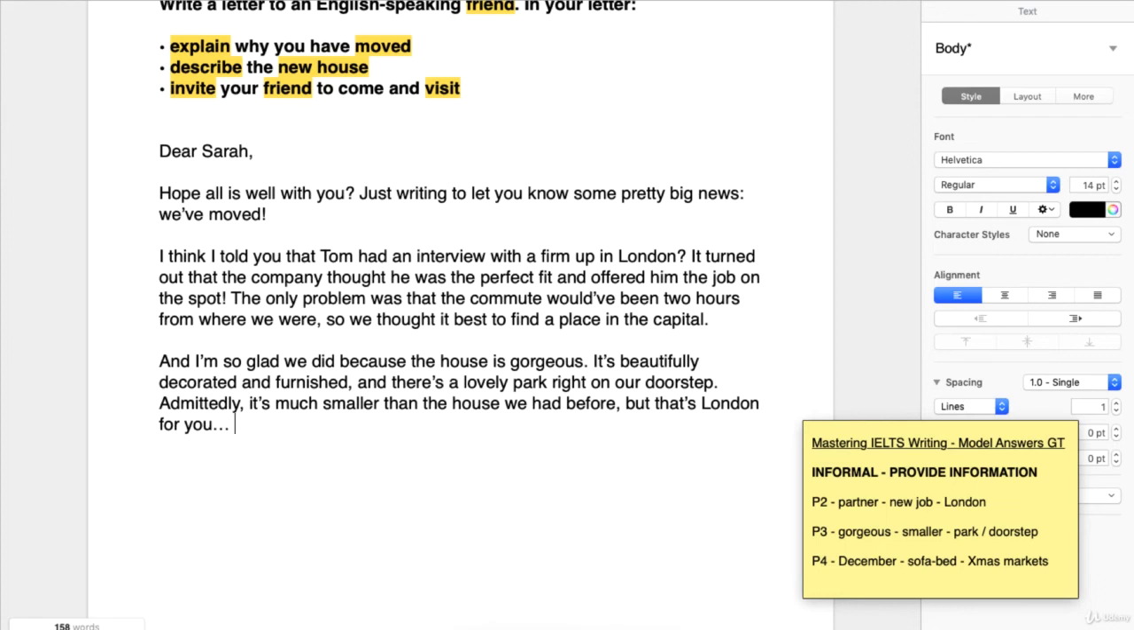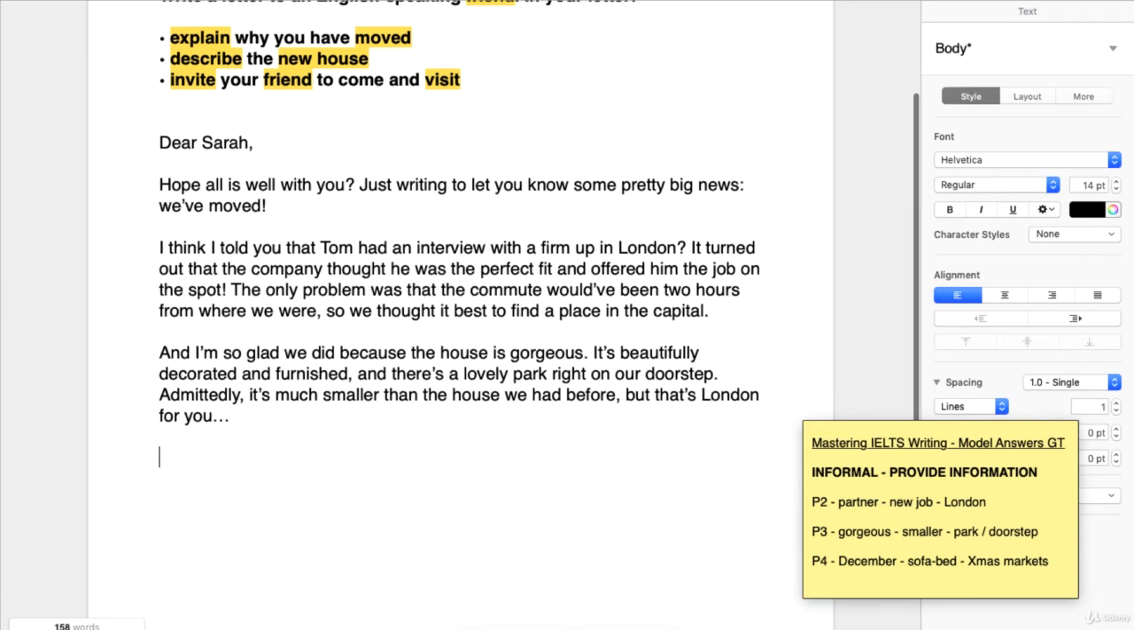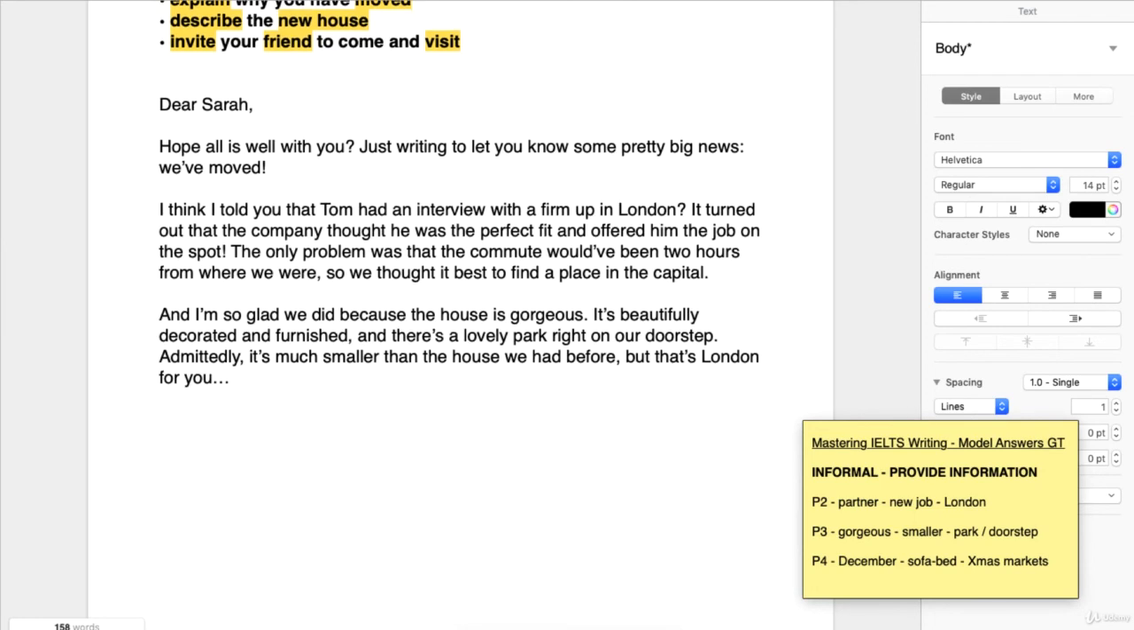So we can end that paragraph there, and we can move on to the invitation. Now this is a little bit different. I don't really feel that there is a smooth transition we can make here on top of what we had before with an "and". You probably could. You might be able to say, well, now that we've moved, do you want to come to visit? That would be okay. I'm just going to go with, do you have